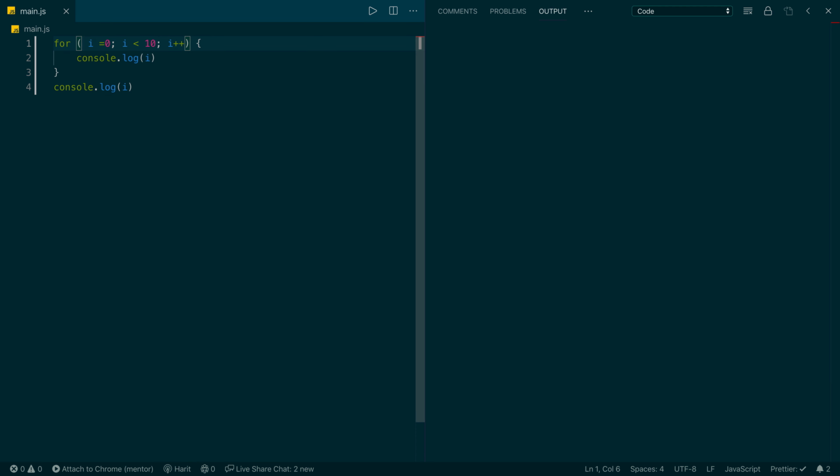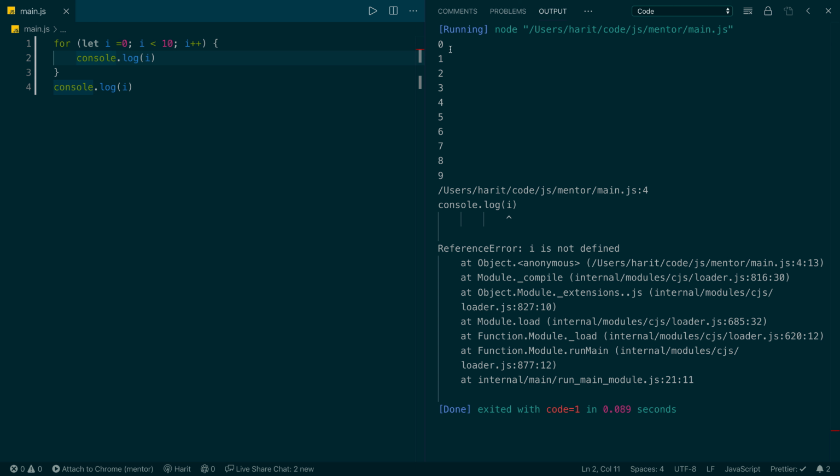Instead of using the var keyword to initialize the variables, you should use the let keyword. So let initializes the variables in the block scope, which means once the for loop completes execution, the variable i will no longer be accessible. Let me show you what I mean. So when I run the example, it printed out all the values from 0 to 9, but when we try to print the value of i outside of the for loop, the variable i did not exist. So it is better and safer to introduce your new variables using the let keyword.